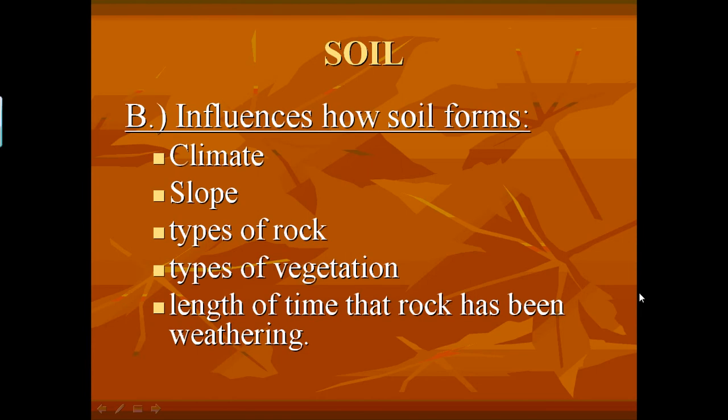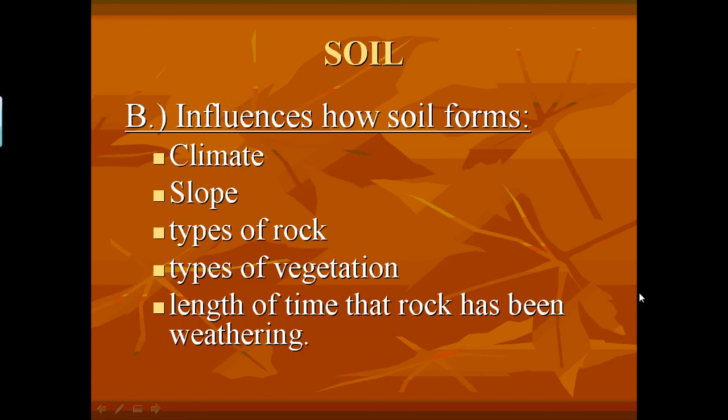Things that influence how soil forms. The climate, it could be a cold climate or warm climate, it's going to affect soil differently. The slope of the land, is it on a hill, is it flat land? That's going to affect the way the soil forms as well. The type of rock that's being broken down to make the soil. Remember, rocks have different minerals that make them up. So different minerals are going to have different soil